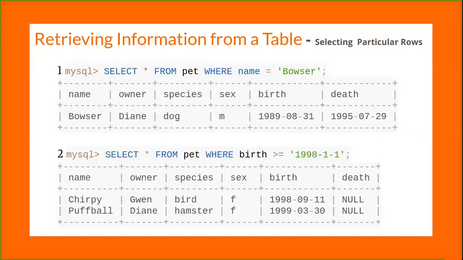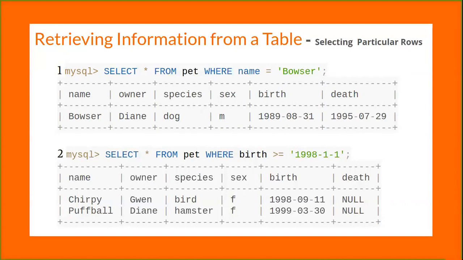You can also select particular rows. As shown in the preceding section, it is easy to retrieve an entire table. Just omit the WHERE clause from the SELECT statement. But typically you don't want to see the entire table, particularly when it becomes too large. Instead, you are usually more interested in answering a particular question, in which case you specify some constraint on the information you want. Let's look at some selection queries in terms of questions about your pets that they answer.